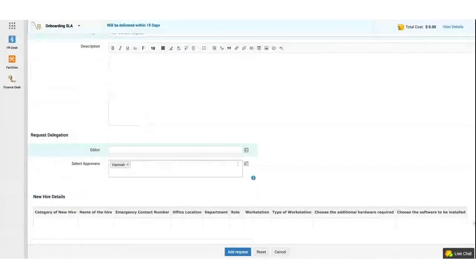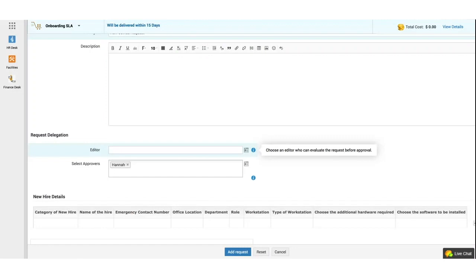Now there's somebody called an editor. Who is an editor? Very helpfully, here are the info icons that tell you who an editor is. An editor is somebody who has access to this particular template to change or update any field. So let's say John believes Eliza can change any of the fields here. And here is an approver. I've configured my own name there